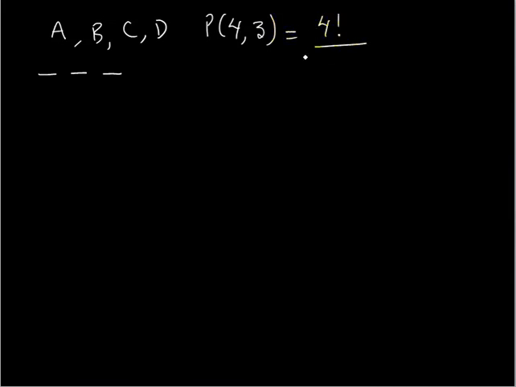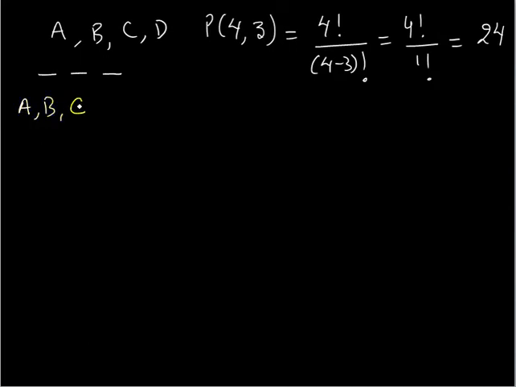It will be 4 factorial over (4 minus 3) factorial. So 4 factorial over 1 factorial. On expanding both, we get 24 ways in which we can make any 3 of these people sit on these 3 places. Let us try to write some of these cases. Suppose the 3 people occupying these places are A, B and C. Now children, this is one order in which they can sit on these 3 seats. But these 3 people can also sit in this arrangement. So this is another arrangement for these 3 people.